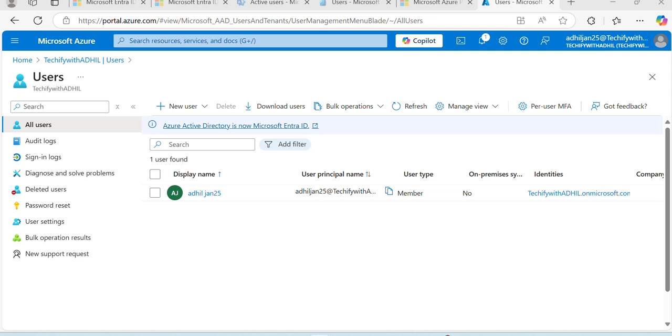So here we will be seeing how to create and manage users with Azure portal. I have already logged into my Azure portal. This is for my lab purposes. I have this portal created, so I'll be using this. So once you have logged into your Azure portal,